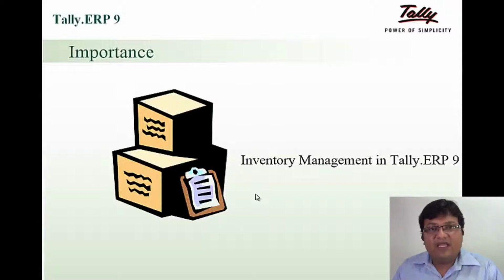Similarly, on the other hand, what will happen if I don't stock sufficient goods in my godown? In such a case, whenever the customer asks for this material, I may not have it in my stocks. And at this point of time, what will happen? The customer will be dejected and may not come to me again to buy other materials also. So, inventory is very important for any business. Having an optimum level of inventory is also a big challenge for an organization.